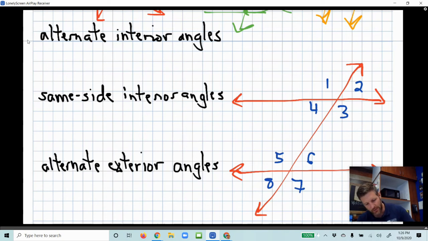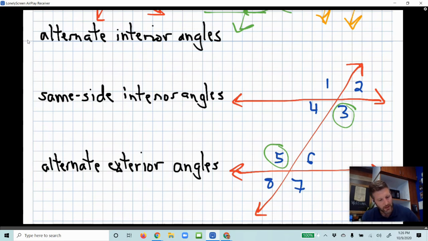So for example, all the interior angles are these four right here, 4, 3, 5, and 6. Those are the interior angles because they're inside of the two lines. When we say alternate interior angles, then we're talking about 4 and 6, because see how they're on alternate sides of the inside? Or we could be talking about 3 and 5. Those could be alternate sides of the